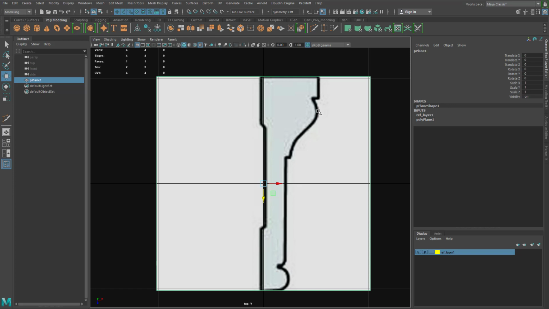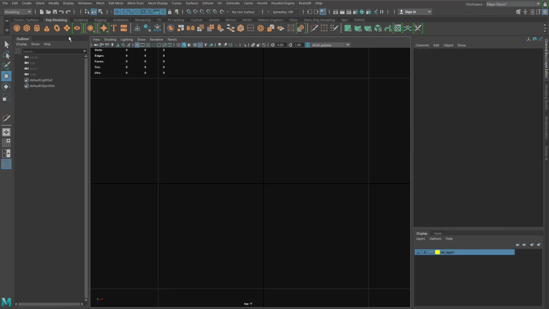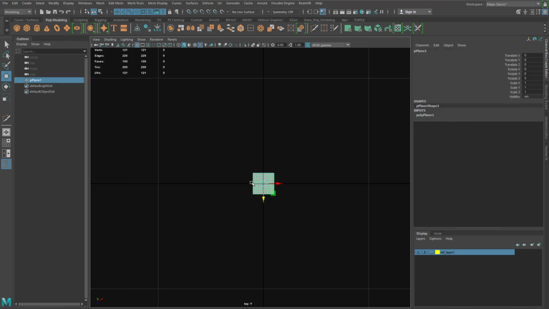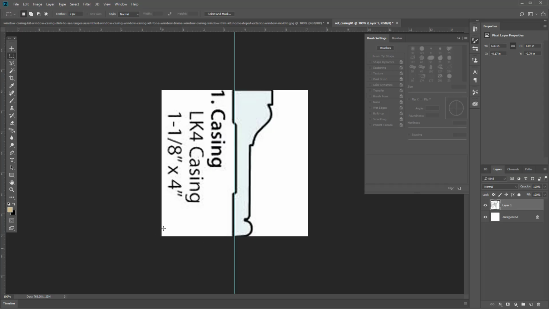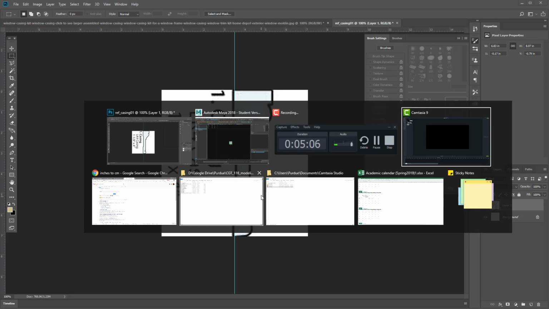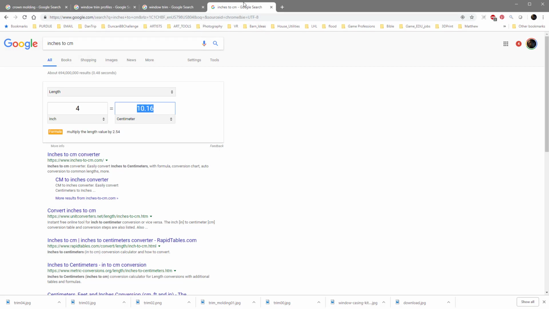And you can see I already have one here, but I'm going to show you how I got there. Okay, so I'm going to make a plane, and I want my plane to be the same dimensions as we had in Photoshop. So look at the dimensions here. It says 4 inches by 8 1/8. Well, we want to get it to be 4 by 4 so that these will be basically the same size. So if I go to the famous interwebs, and I go to Google, I can type in inches to centimeters, and you'll get this little box here, and you put in 4, and it says 10.6. So I can copy that, go back to Maya,